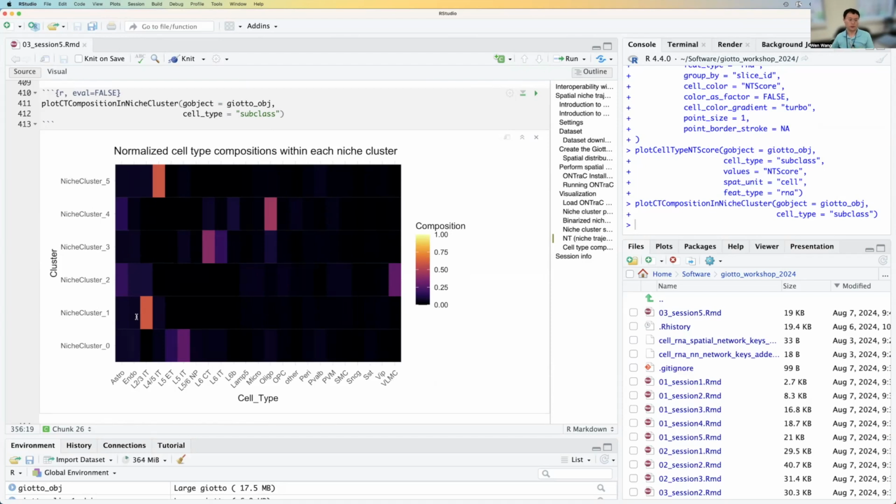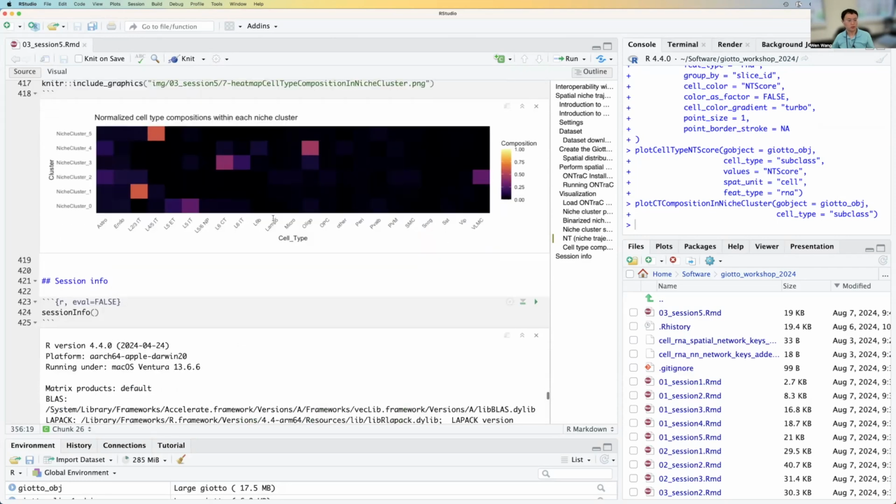Then followed by niche cluster 1, which is L2/3 neurons, then niche cluster 5 with L4/5 neurons, and niche cluster 0 with L5 neurons. And following that is niche cluster 3, which is L6 neurons. And in the end, it's the